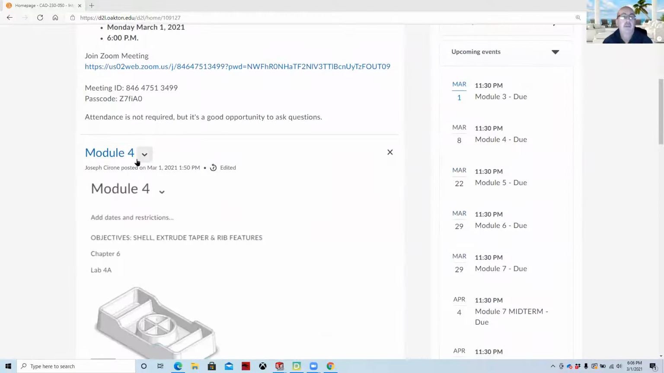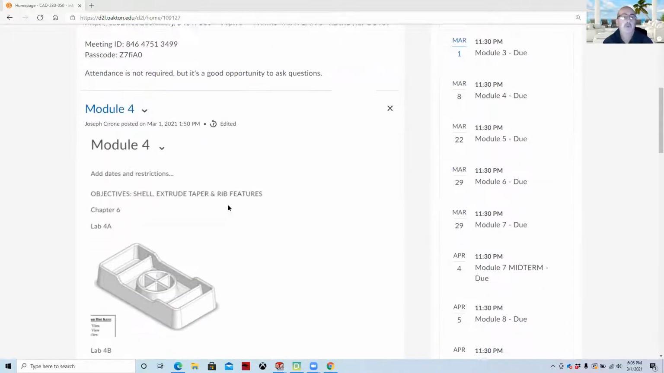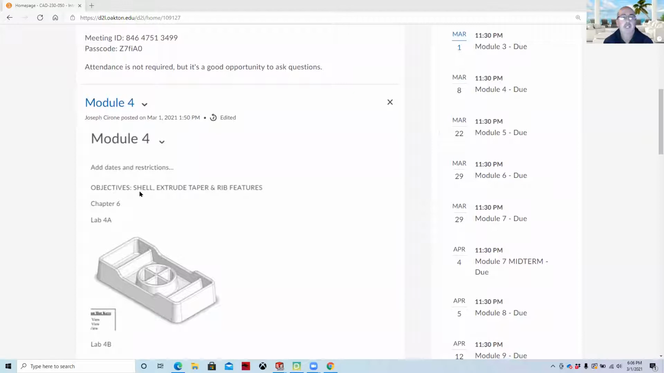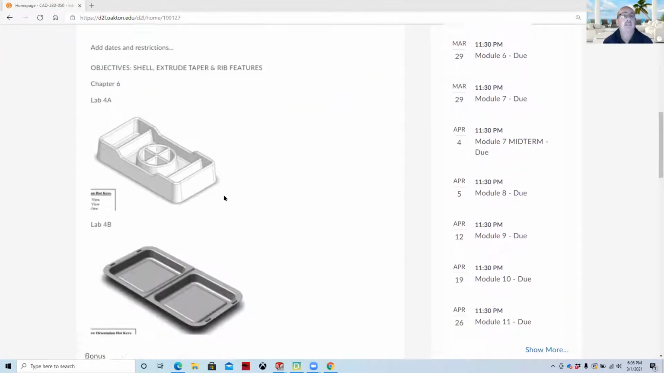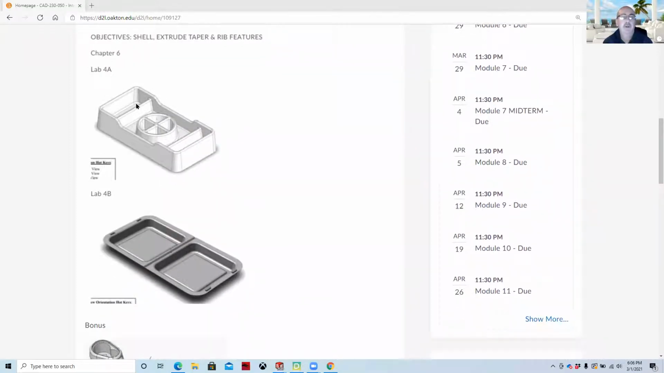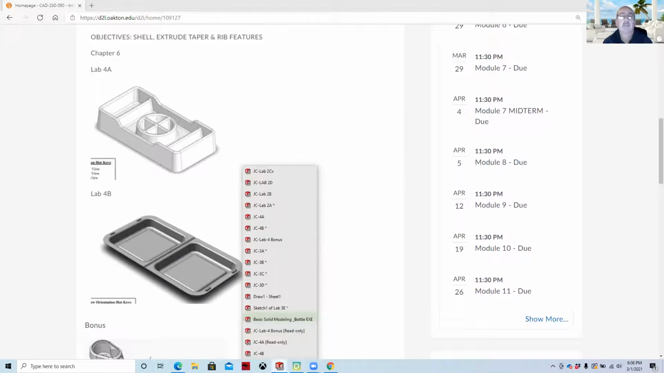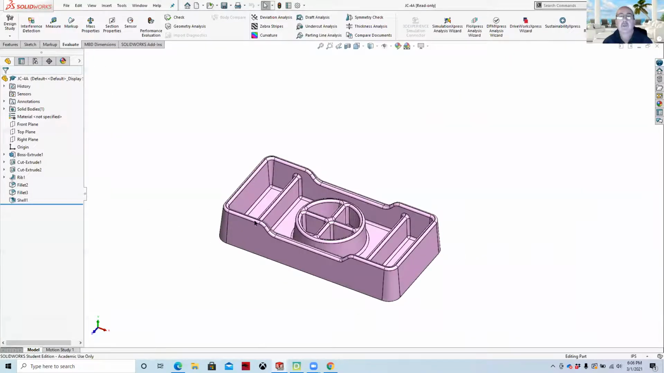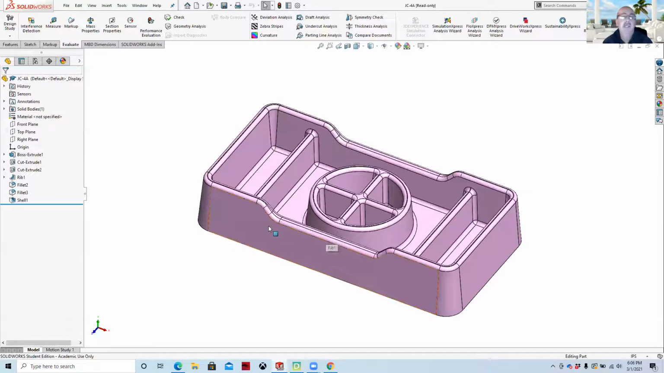This week we'll be covering Module 4. Module 4 goes through creating objects with a shell and with rib features. There's two labs for it. We have this first lab right here, which basically looks like this object right here. And as we take a look at this part, the